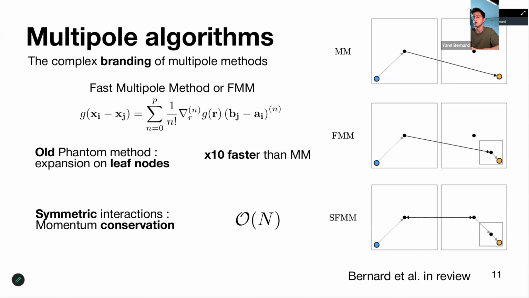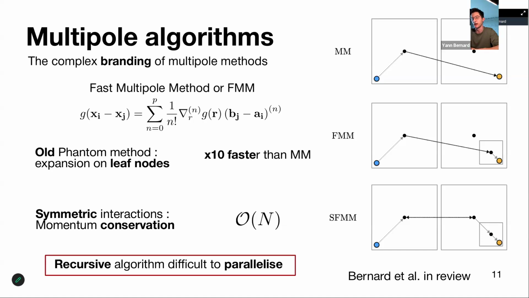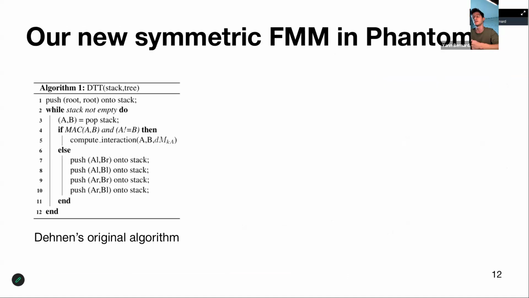You can also have a lower complexity, proportional only to n. But that needs a recursive algorithm that is difficult to parallelize. The whole point of this new paper is to propose a new algorithm that can remove these very ugly recursive algorithms that Walter Dehnen proposed